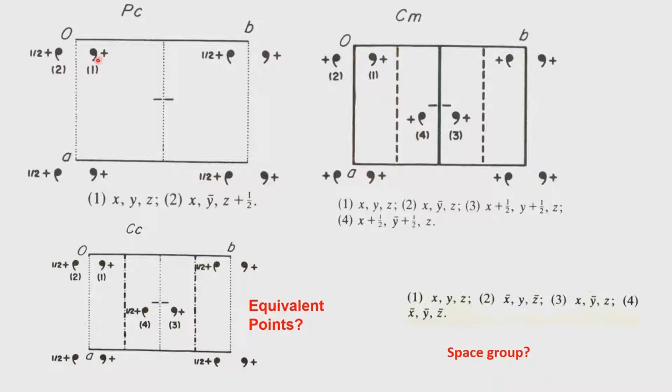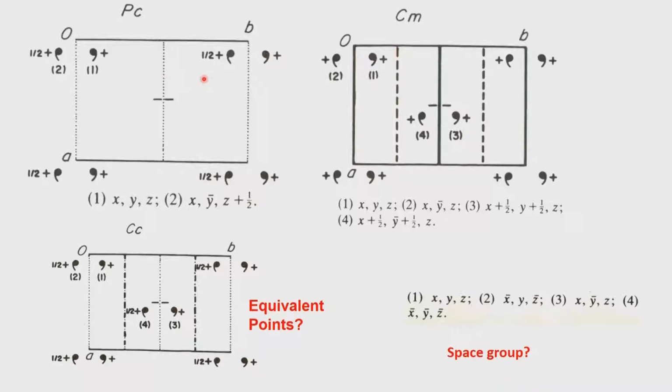In this particular case, the space group now generates an equivalent point which is x, y bar, half plus z. So, the translation is along the z direction, and that is why it is a c-glide. If the translation is along the a direction, you will have half plus x. So, this now generates again two equivalent points, and I want you to figure out whether this has any special positions. Pc.